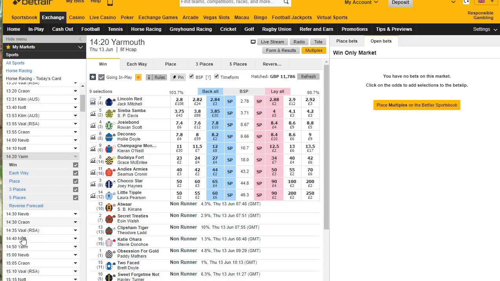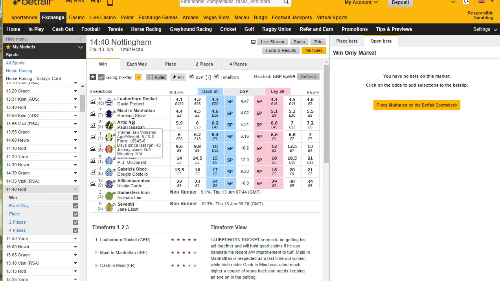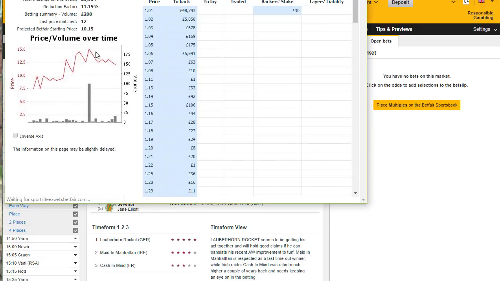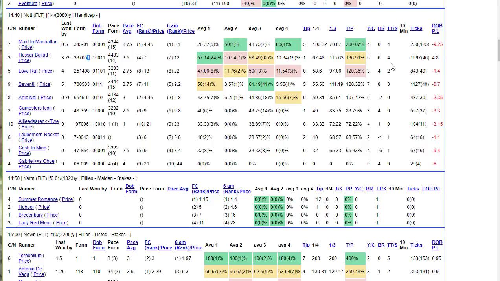So we have a look at the 1440. Sorry, I didn't get the name of that. Hussar Ballad. I don't know how to pronounce that, but let's have a look. So, still not great, but you might well see that price come in before the off. And you can see it's kind of gone out. It went out to 15 and it's been coming back down again. But again, early in the morning, 6 grand on the race, any money's going to change that price. So I wouldn't be in there that early. But maybe 10 minutes before the off, it would be worth looking at and seeing where the price is on that particular one. And that would be a reasonable choice to go, possibly for an in-play